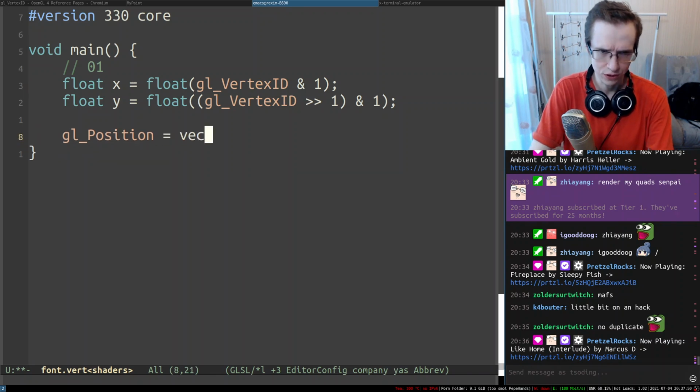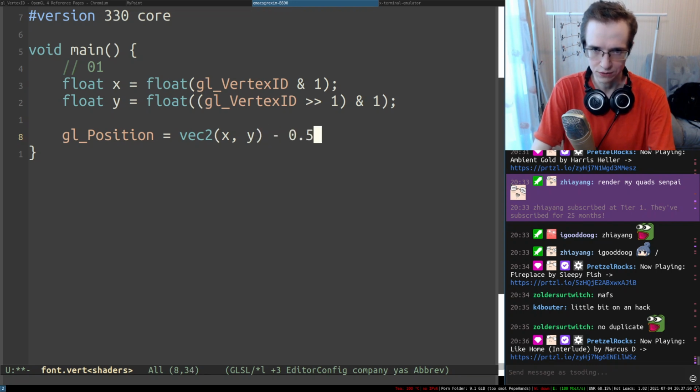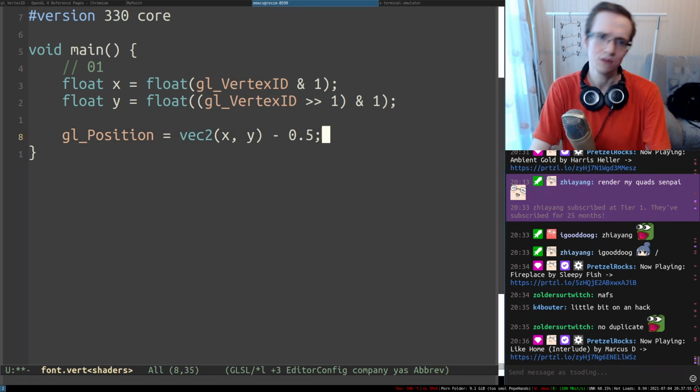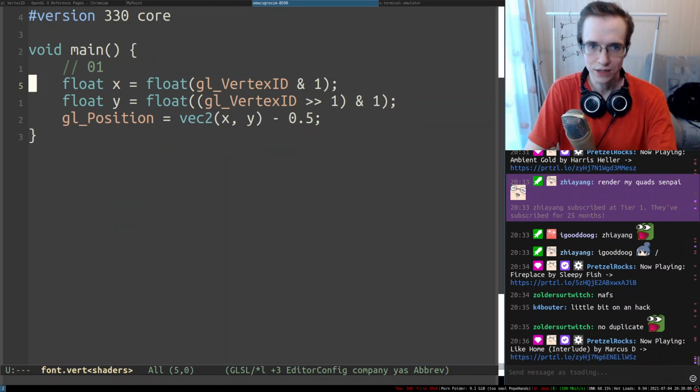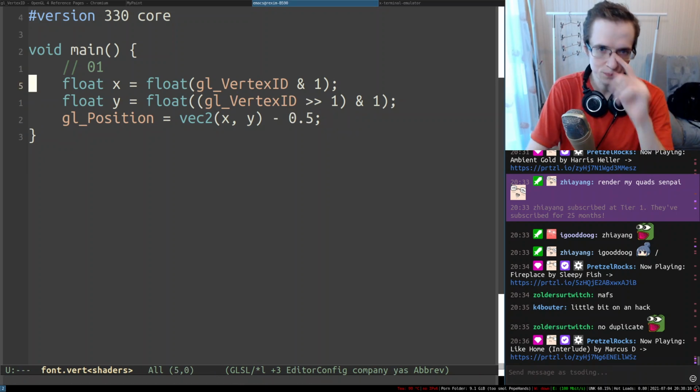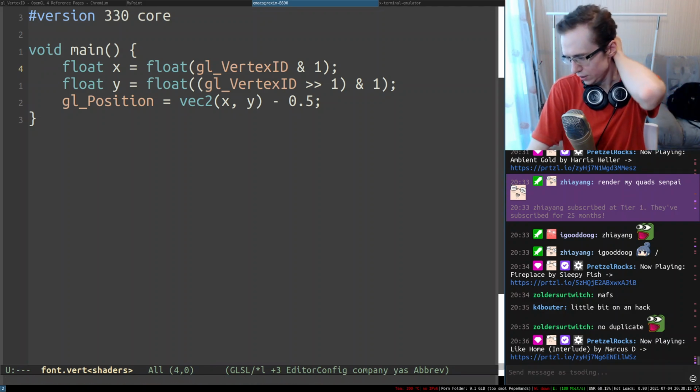So we can do something like vec2 xy. Can I just subtract 0.5 without creating a new vector? I wonder if this just works. We're about to find out, but if it doesn't work, we can always just do something like vec2 and just duplicate it like that, or maybe even like that, I don't know. But I want to try this kind of stuff first and see if it's going to work or not. So that's how we can generate the